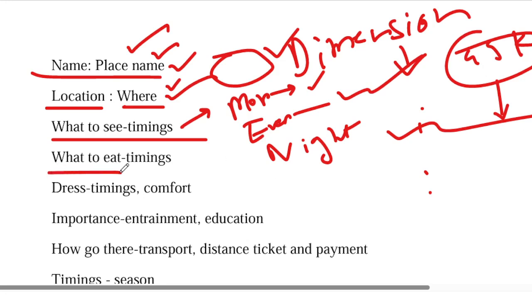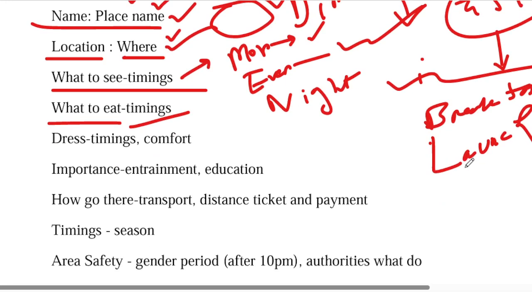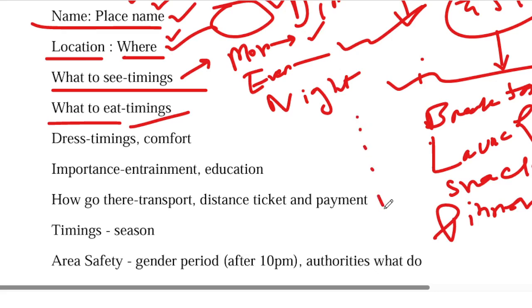And then what to eat. Whenever you go to a place, eating is mandatory, right? You obviously eat something. But you can also talk about the timings here. First, say what you eat at breakfast. Most probably you don't eat the same thing at lunch. Maybe in the evening or afternoon you take some snack. Maybe in the snack you take some other things. And then maybe dinner, what do you eat? Don't just say, okay, these are the things I eat there. That will just take one sentence, right?